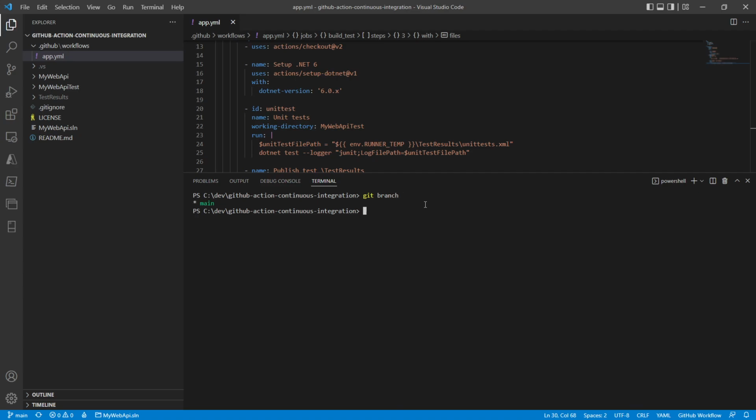So what I'm going to do is create a new branch, right? Because we've told the GitHub action that hey, you should not watch out for main branch. So nothing's going to happen, right? When I try to put anything in the main branch. So here in this case, I'm going to create a dev branch,